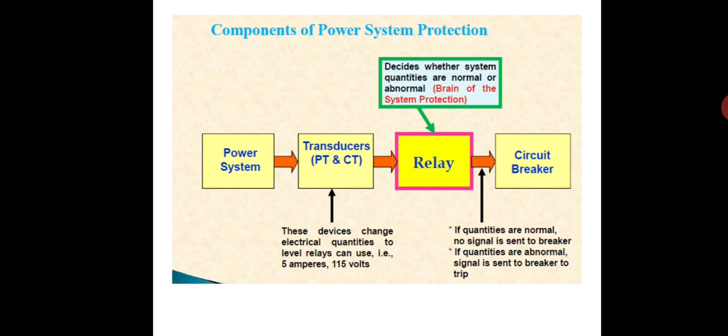So whenever a fault happens, the parameters will be read by the CT and PT and this information is given to the relay. The relay will take a decision that yes, a fault has happened and it's time for the circuit breaker to operate, and the circuit will be broken by the circuit breaker. Understood? One circuit diagram, let me explain to you.